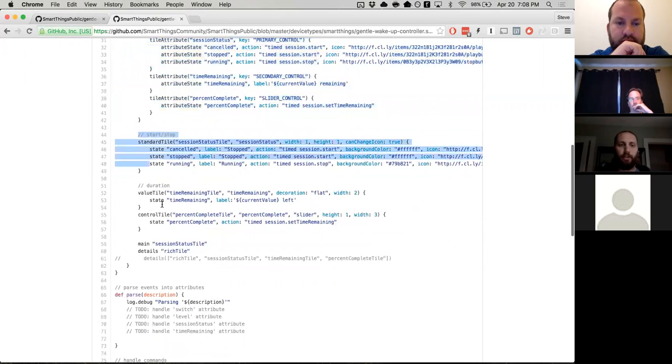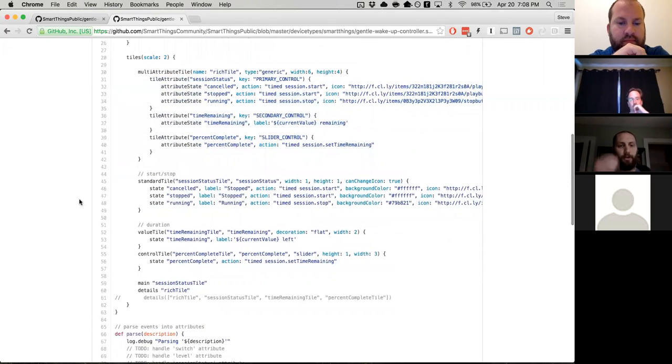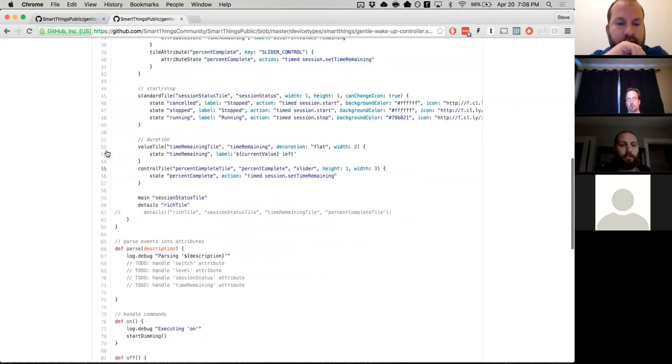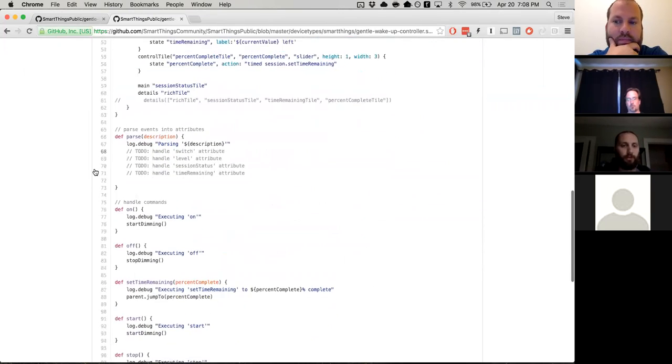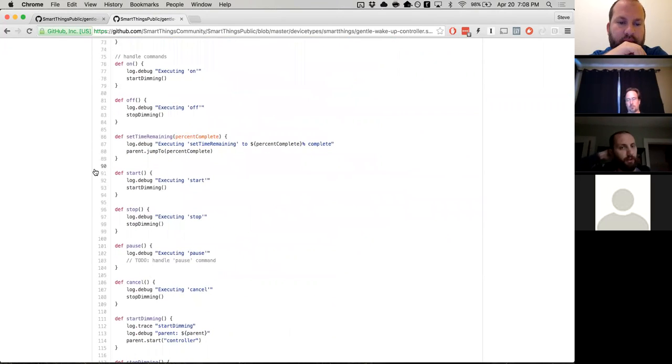And I started with a couple of other tiles before I realized I could actually make multi-attribute tiles. I knew that we could make them. I just didn't realize that they were already documented and available to the public yet. So I initially started with the old school tiles. But then I came down here, and these are all of the commands and attributes that I